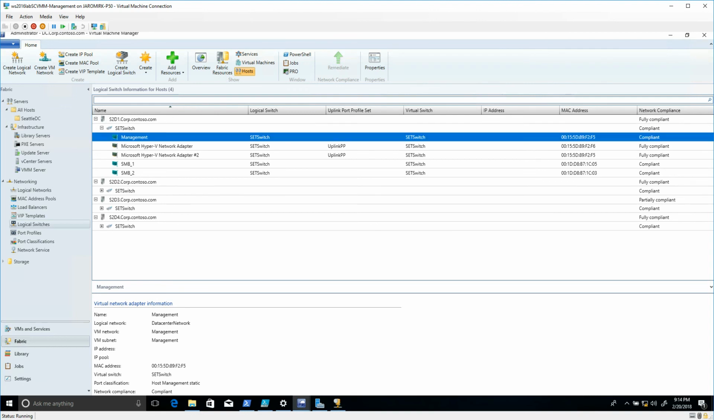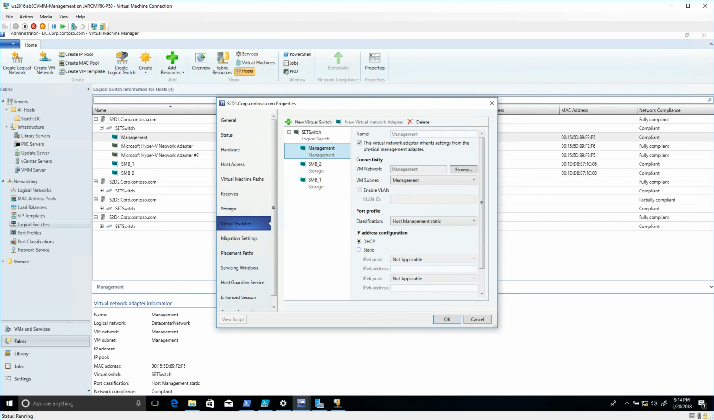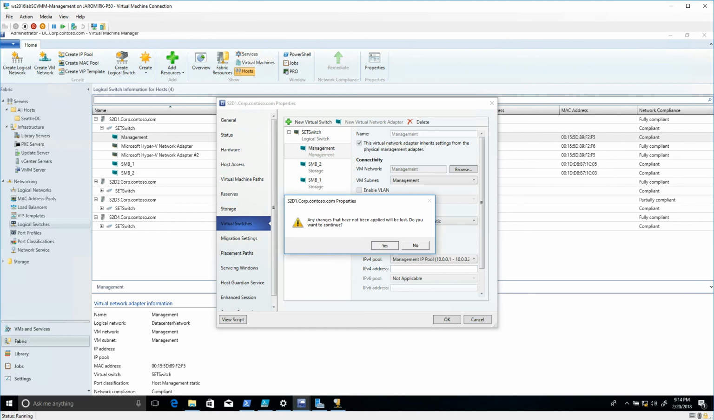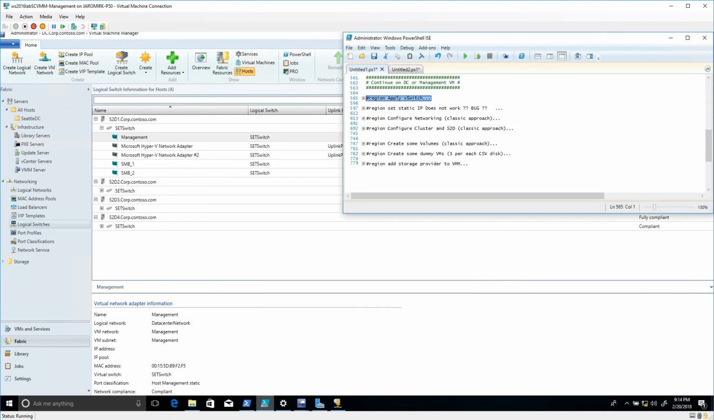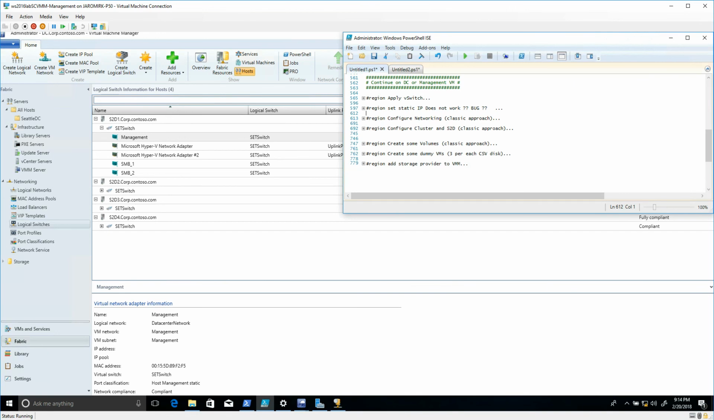So if you have a management adapter like this, you may want to say, hey, I would like to have the very same IP address as you already have. This doesn't work in the GUI for some reason. This code is just a copy of what I just clicked. So I do it a different way. And then you would just continue with